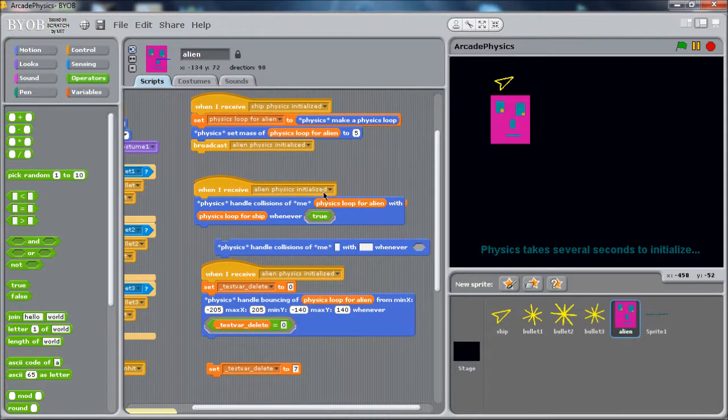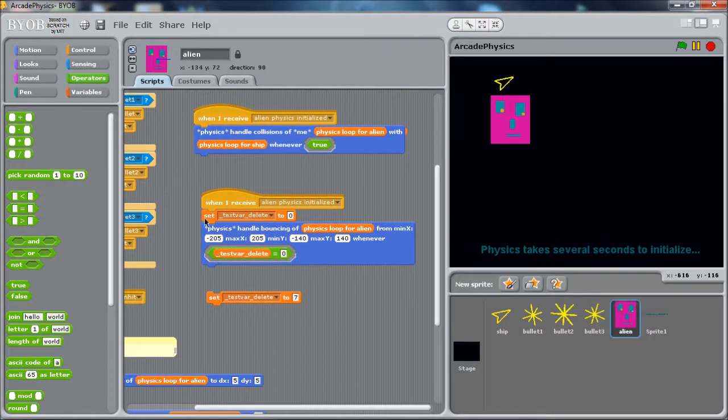And so that gives you some logic control and kind of handles things. Down here it's the same kind of thing, a lot more parameters here, but basically handle bouncing of this loop. It looks like it doesn't have to be the loop we're coding inside, probably not. And then from basically the bounds you want to have. You could make a smaller box if you drew a level and had a smaller box in here where the ship couldn't leave. You could define the bounds with the maximum x, minimum x, max y, min y, and same